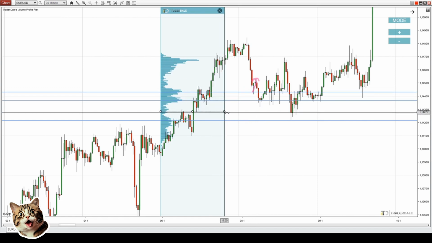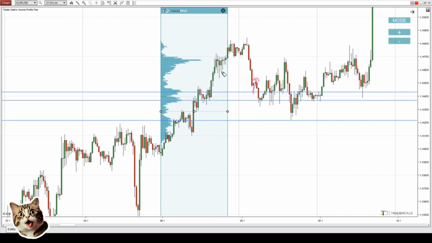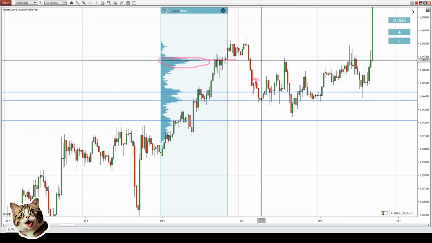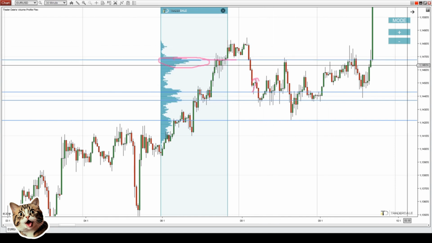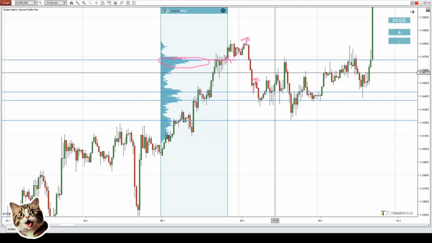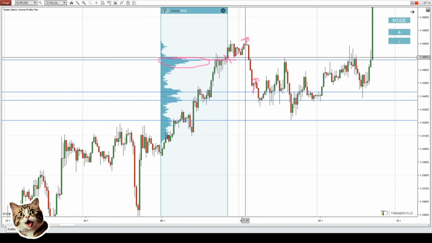Then, as the day was progressing, there was another volume cluster in here. So this would be the long level. But this time the price turned a little bit sooner and made the reaction. So this level would be discarded because the price turned around 1.5 pip